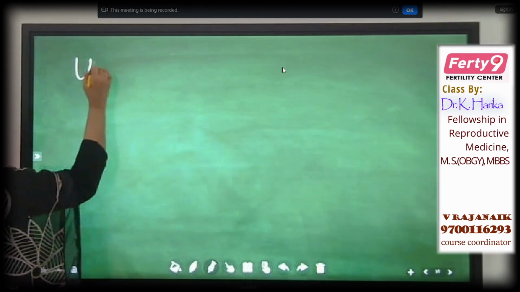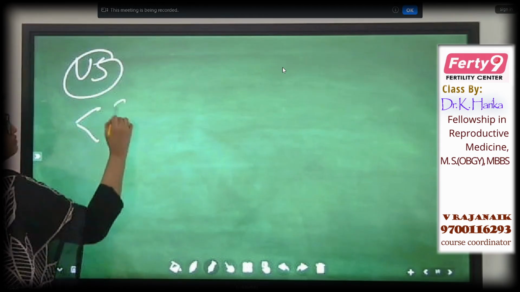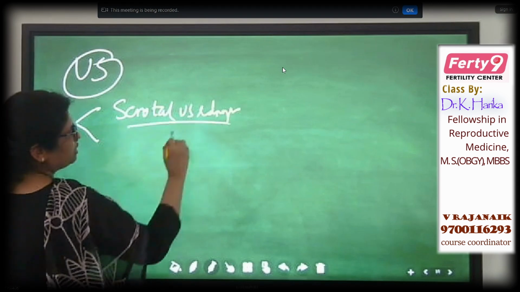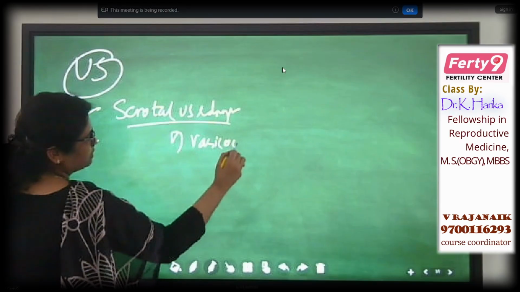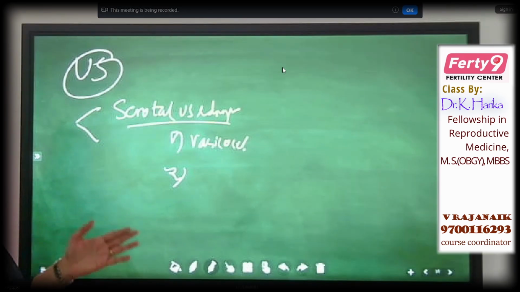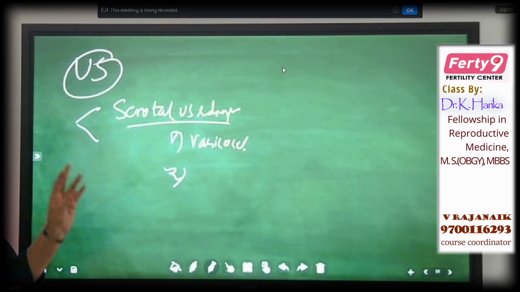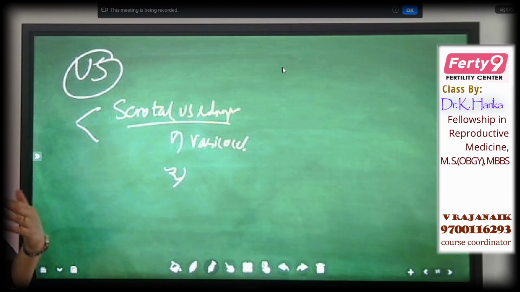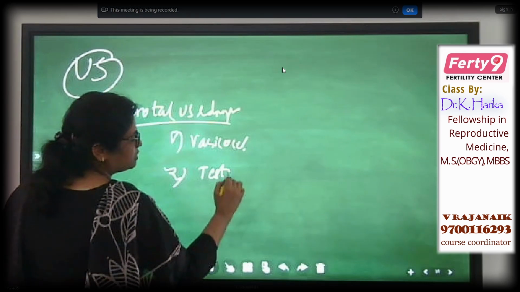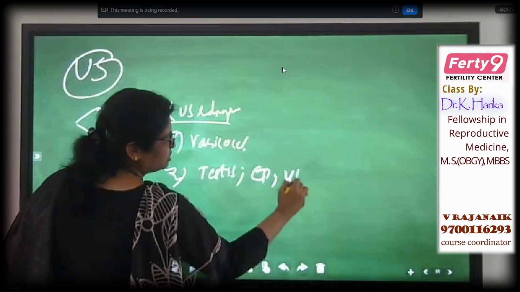Next is ultrasound. First is scrotal ultrasound, ultrasound and Doppler. The first most important thing is varicocele; we can see the grading of varicocele. We can also comment on the position of the testis, whether it is cryptorchidism or not. If there is any inflammatory pathology, we can make out fibrotic changes in the testis, epididymis or vas deferens. In scrotal ultrasound, we can see testis, epididymal pathology, and vas deferens.